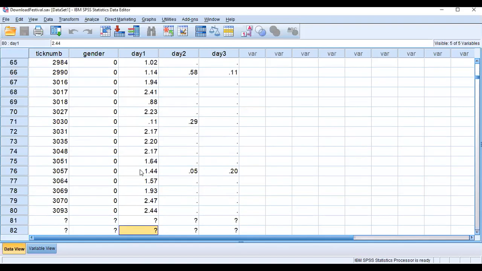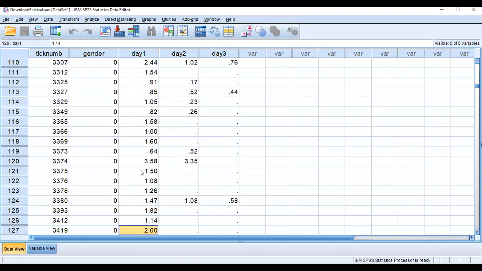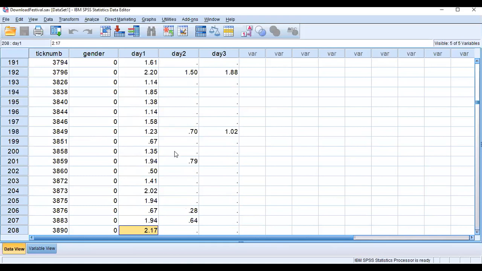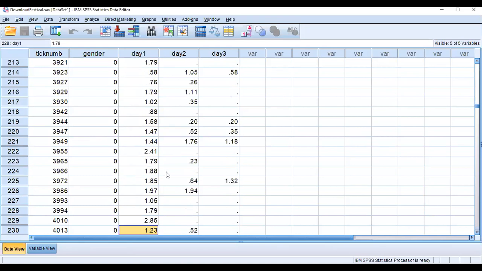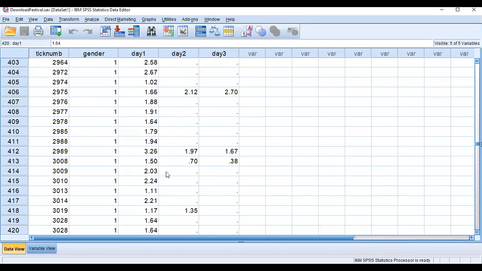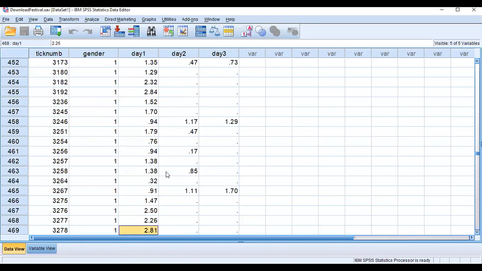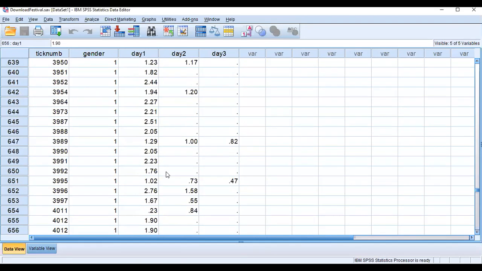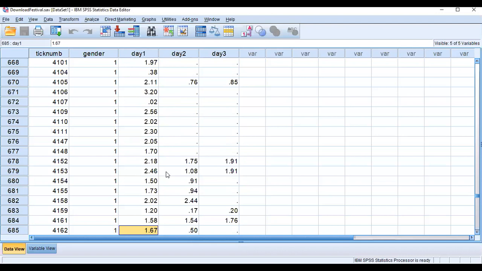Okay, so in this part you can see there are 3 days of data: day 1, day 2, and day 3, and all the participants stayed 3 days in a particular place. So now the biologist wants to know the hygiene condition of day 1, day 2, day 3. Is it clear? So this biologist wants to know the hygiene condition of the particular place, and the respondents,